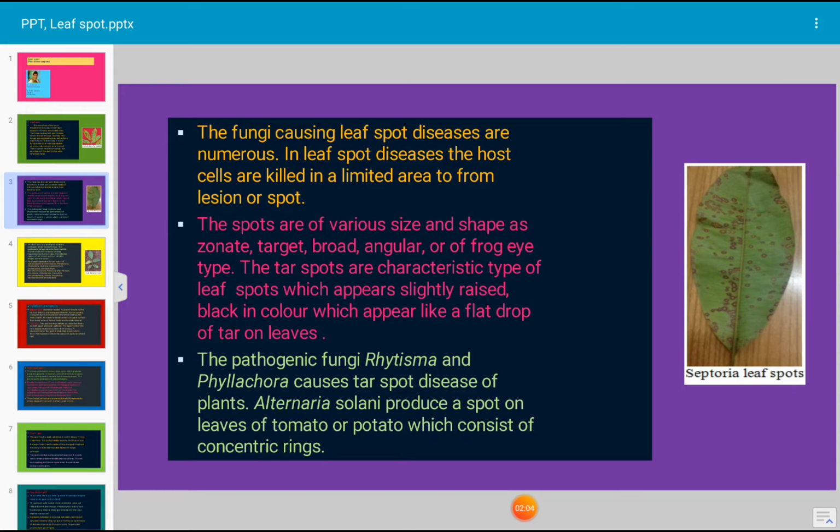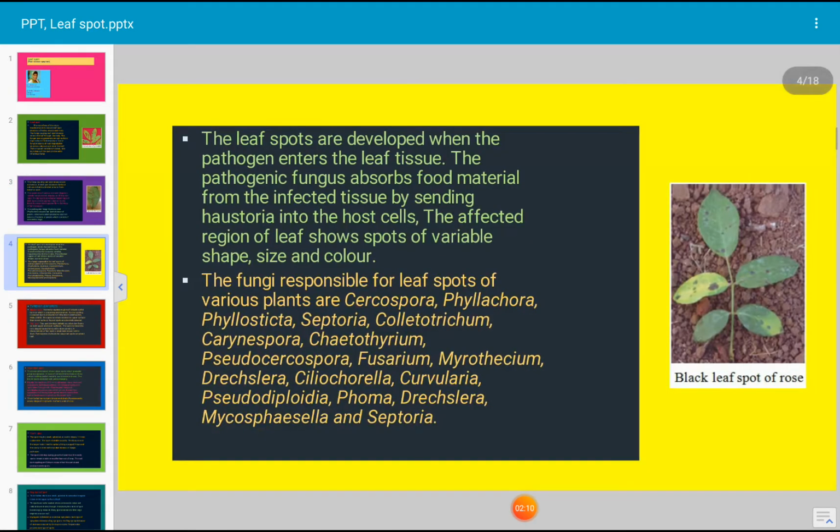Alternaria solani produces a spot on leaves of tomato or potato which consists of concentric rings. The leaf spots develop when the pathogen enters the leaf tissue. The pathogenic fungus absorbs food material from the infected tissue by sending haustoria into the host cell. The affected region of the leaf shows spots of variable shape, size and color.